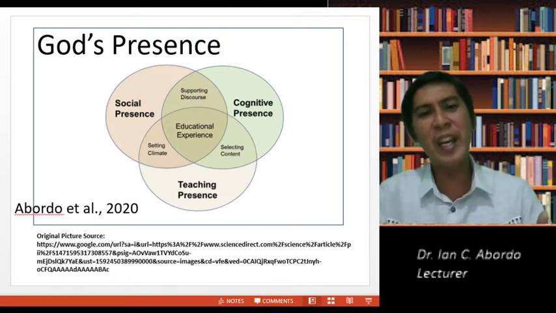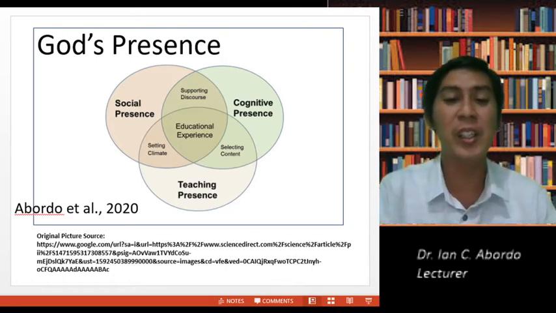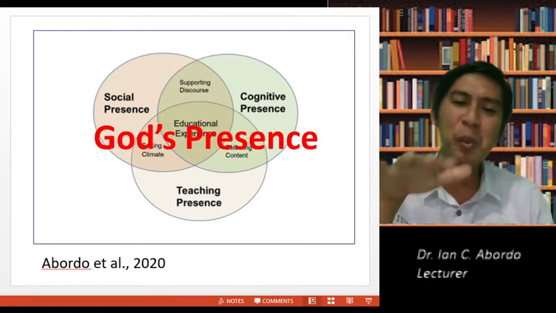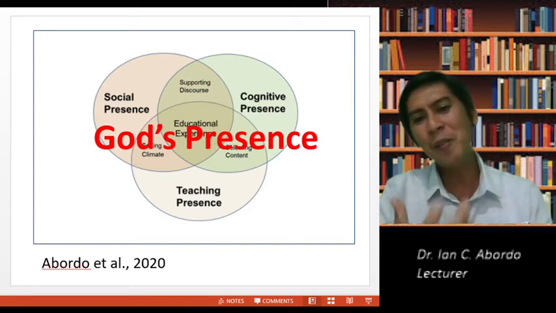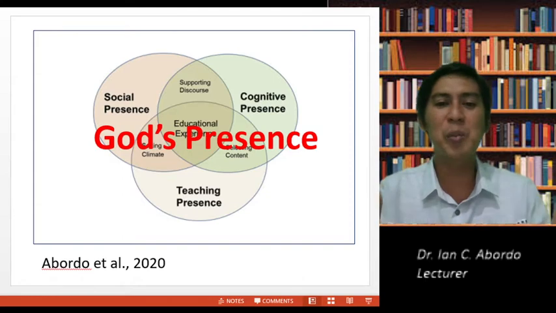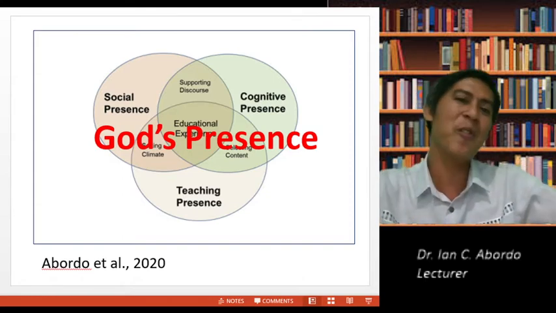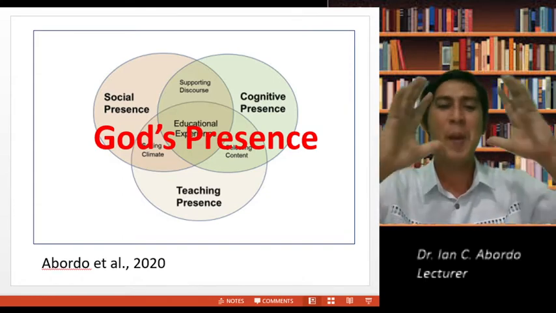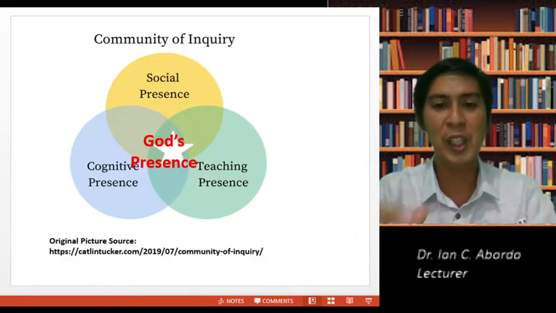Teaching, how do we organize if the presence of God is there? So God's presence should be there. That's why I said we have to add this from the Adventist point of view, God's presence. So our integration of faith and learning to life must be there also because of God's presence.